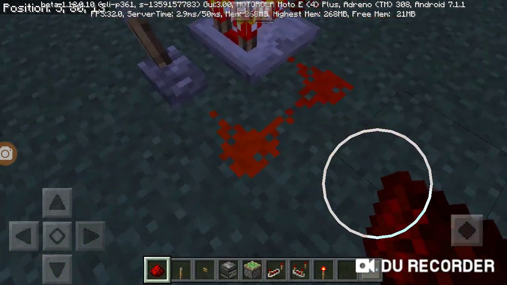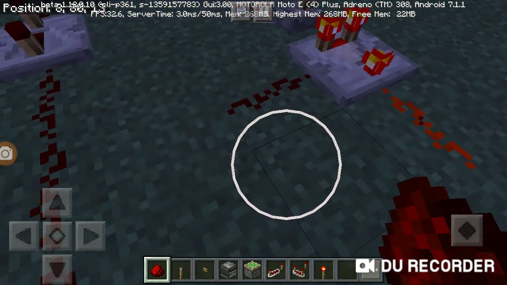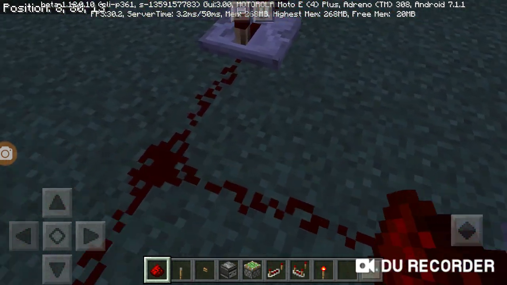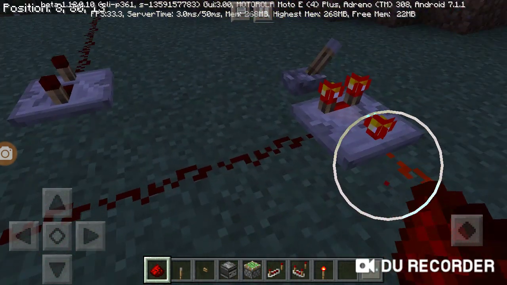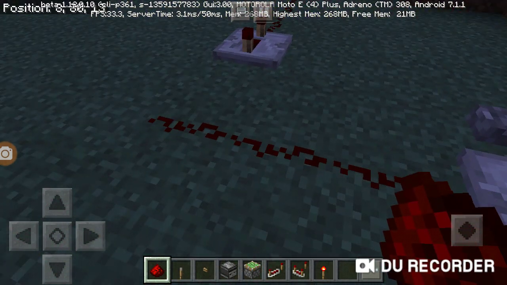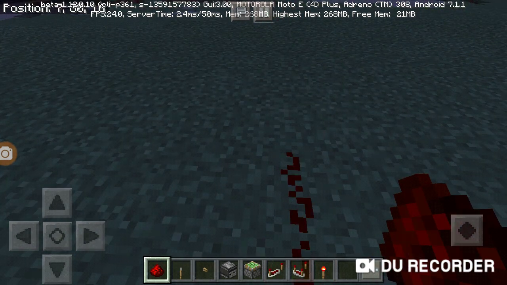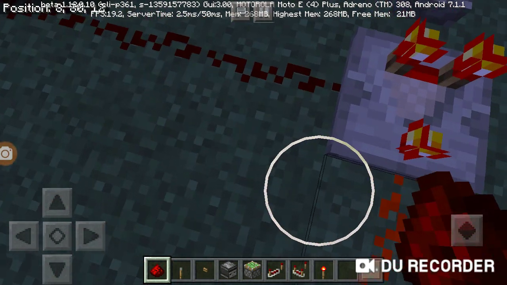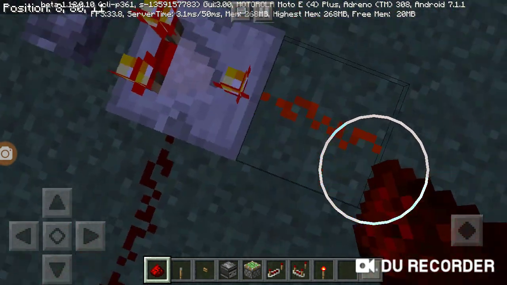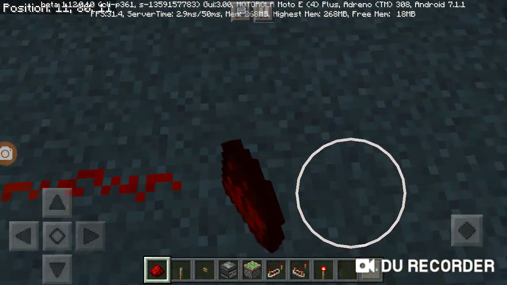See how it works depending on how strong the signal is? Let me give you this example. If I just destroy this, see how this is only 1, 2, 3, we're going to make it 4, 5, 6, 7 blocks away. So while it's normally powered and isn't receiving a low energy pulse, it can go as far